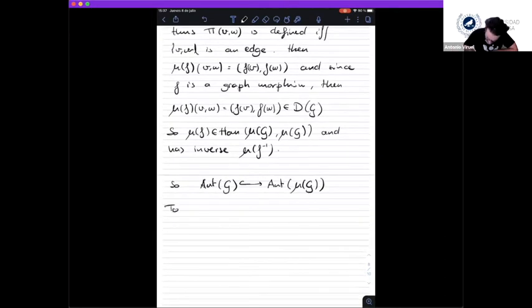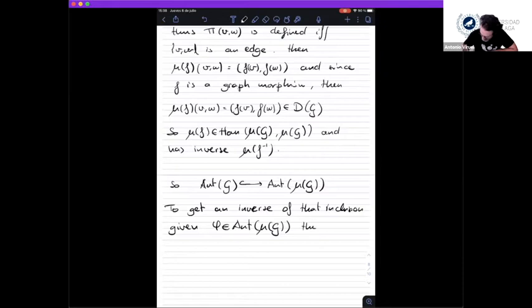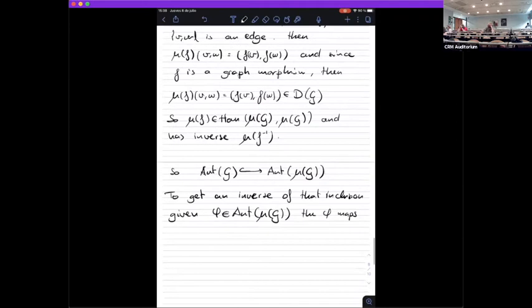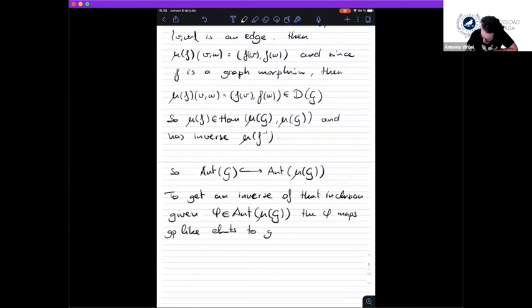And to get an inverse, given now c, an automorphism of this path partial group, then c maps group-like elements to group-like elements, and therefore,